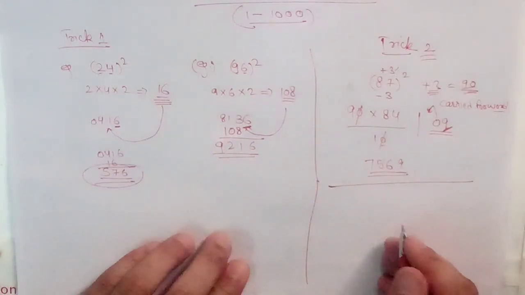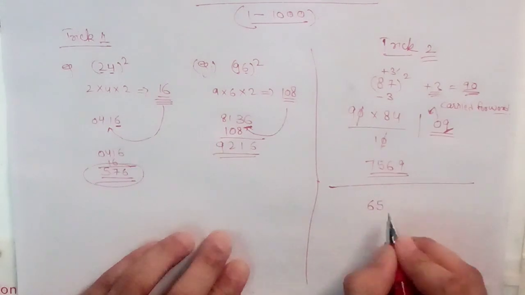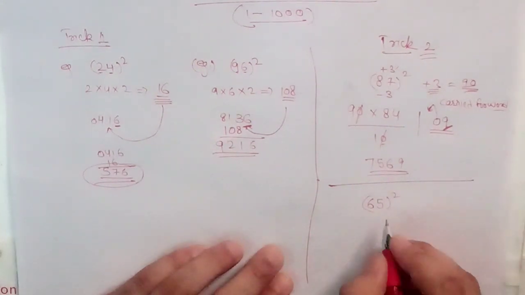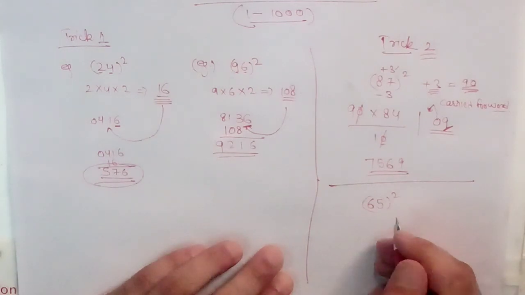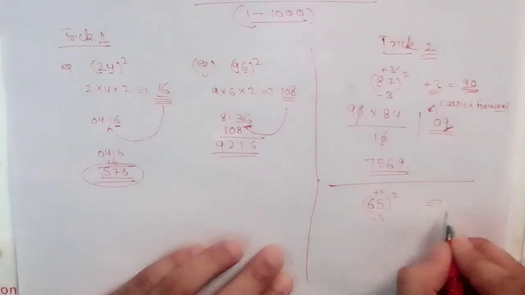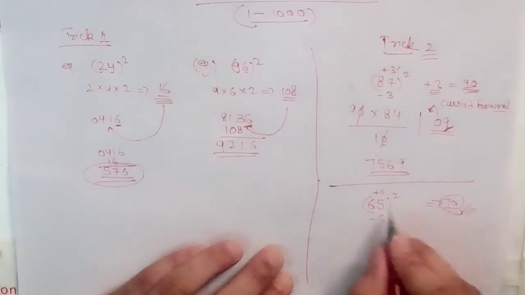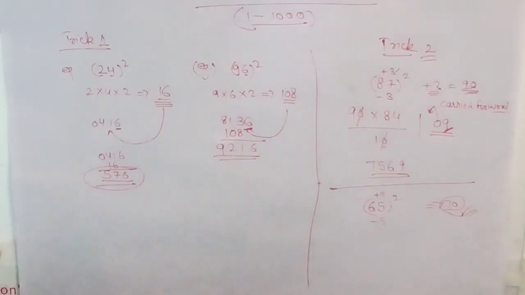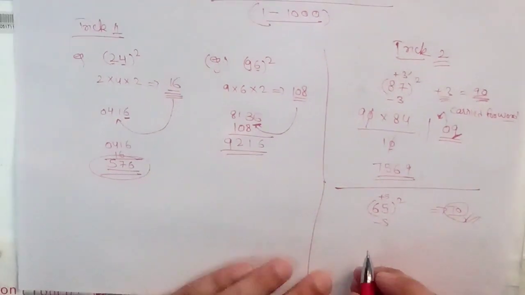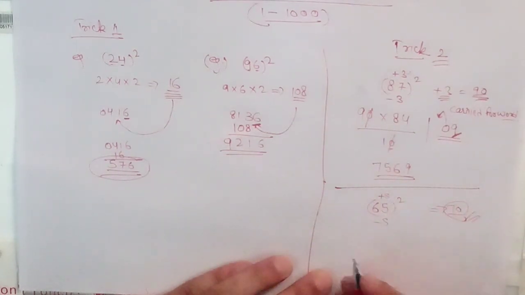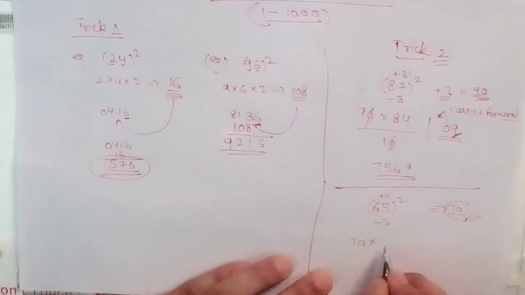Now we have another example. For example, we have the number 65. Now you need to calculate the square of 65. So the closest tens is plus 5 and minus 5, which will give you 70. Okay, you need to add and subtract so that the number reaches the closest tens, hundreds, like that. Okay, you need to plus 5 and minus 5 and multiply the added number and the subtracted number, which is 70 into 60.